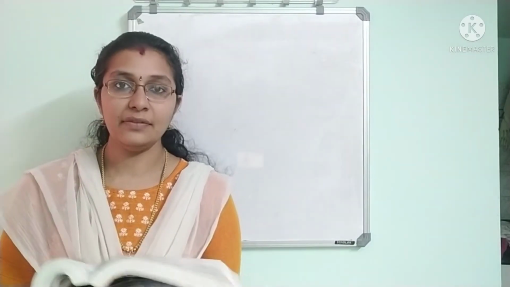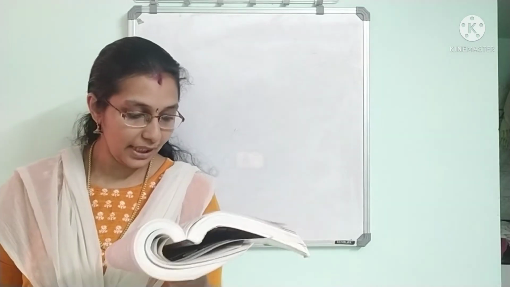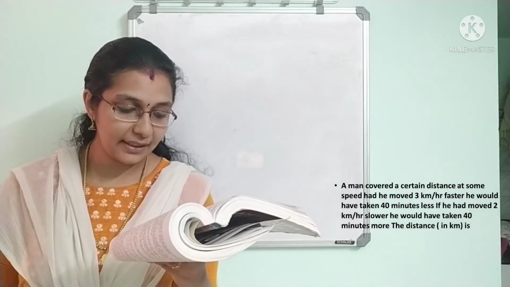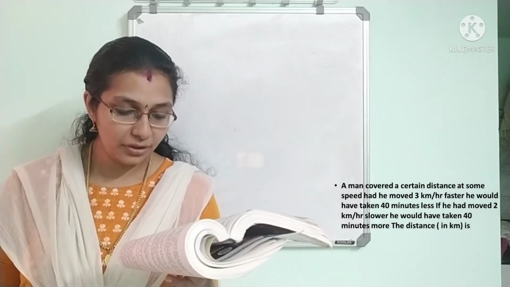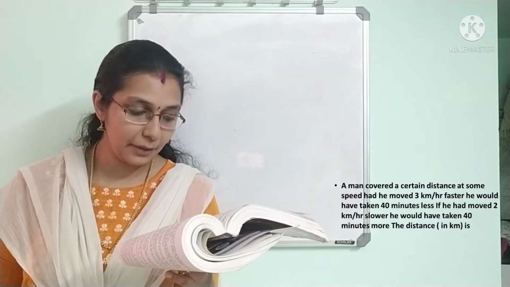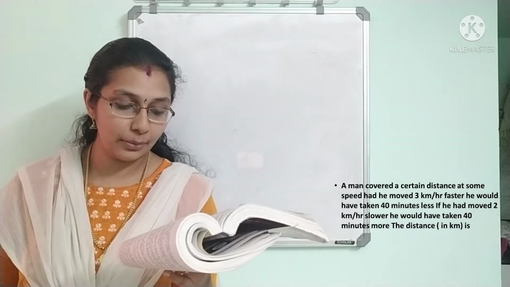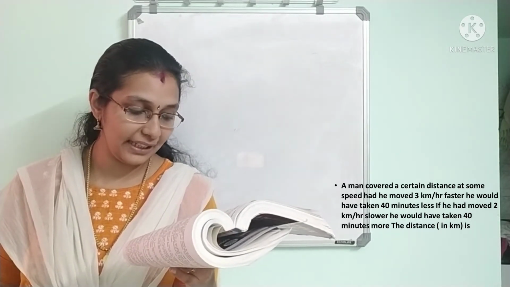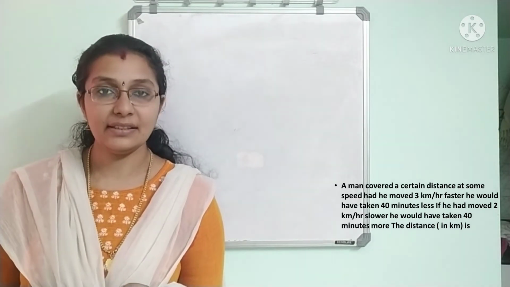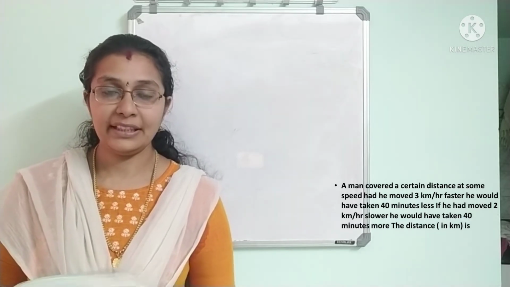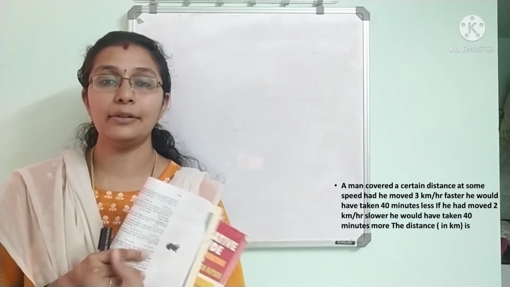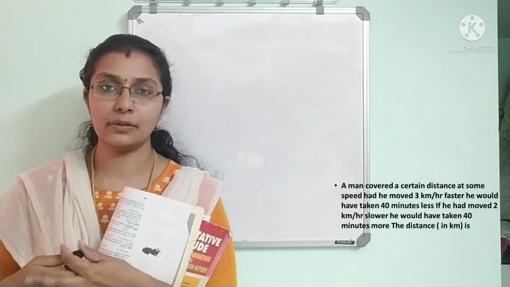Okay. This question is quite different from the previous one. Okay. A man covered a certain distance at some speed. Had he moved 3 km per hour faster, he would have taken 40 minutes less. If he had moved 2 km per hour slower, he would have taken 40 minutes more. The distance in kilometers. So here there is a quite small difference between this question and the previous question, because